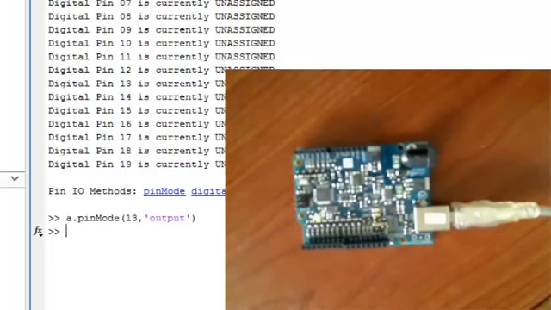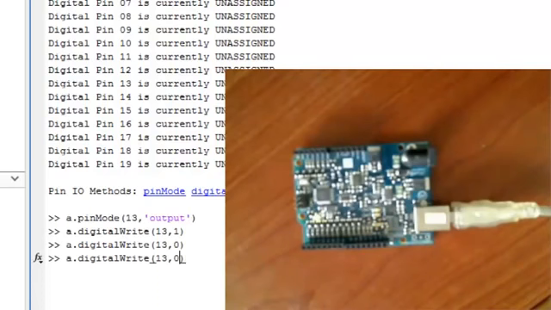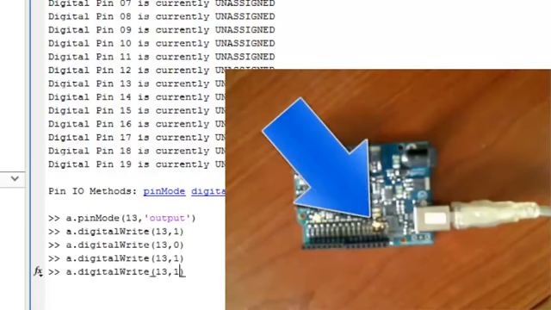Okay, so now we can write to it. So I'm going to go a.digitalWrite to pin 13, and I'm going to give it the high value. Turn it on, low value off, on. So yes, we are